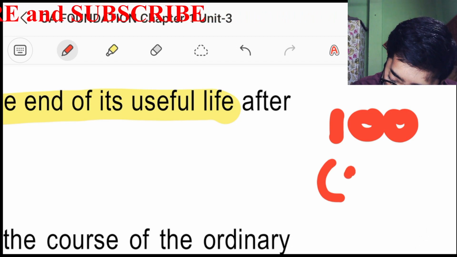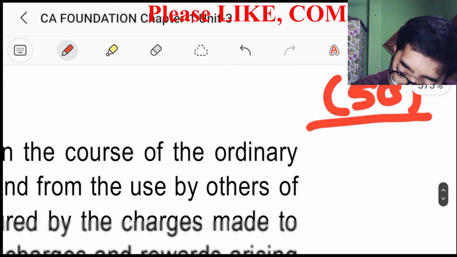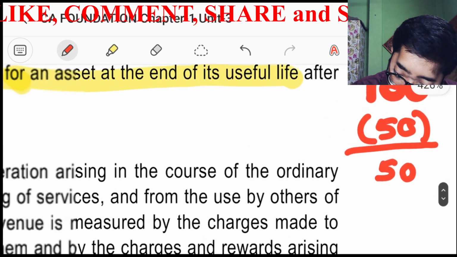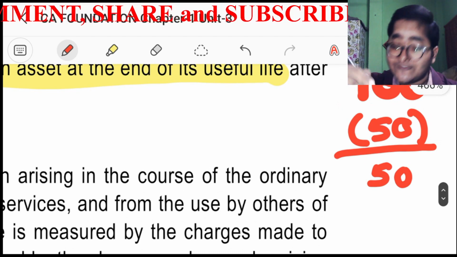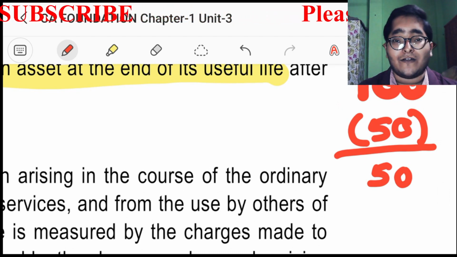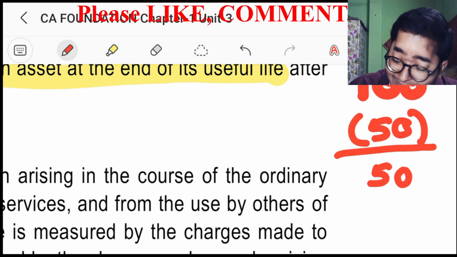So I am deducting ₹50 from this. So the residual value is 50. The residual value of this pen is ₹50. But I am selling this pen to another customer, a second-hand customer. So I am selling this pen for